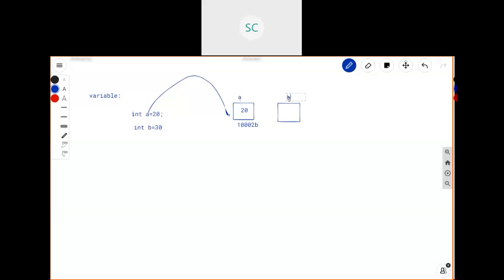There we are going to store the value 30. This also has some memory address. You can access this data either by using this address or by using this variable.